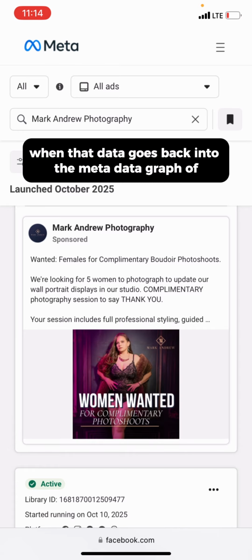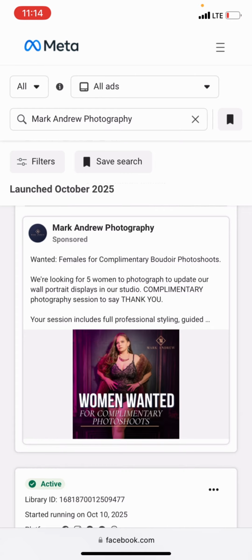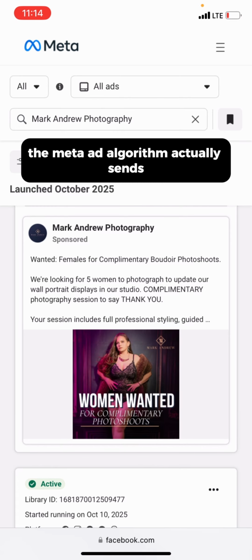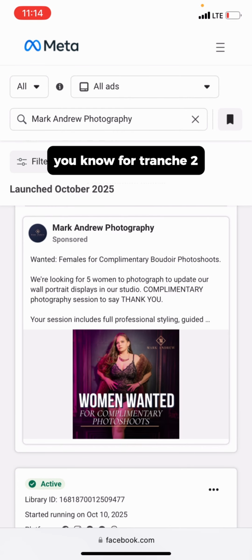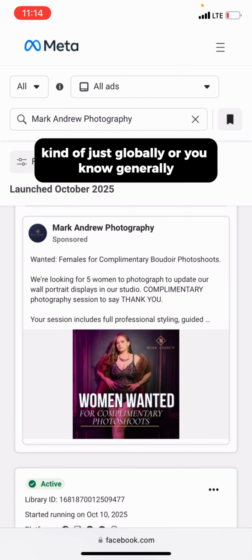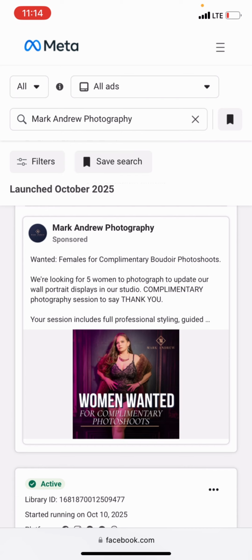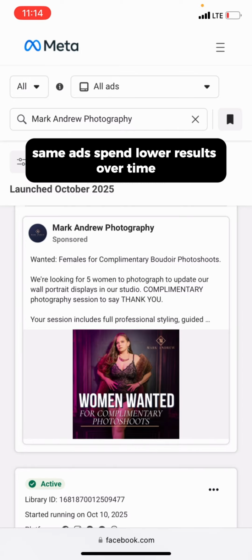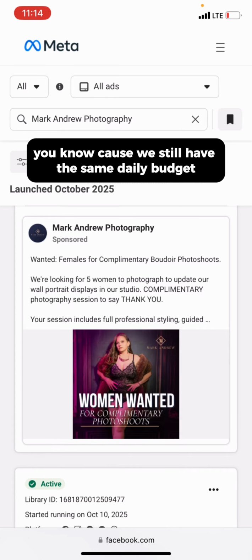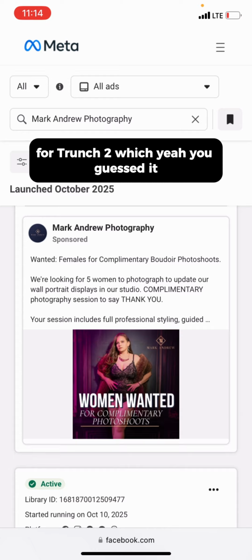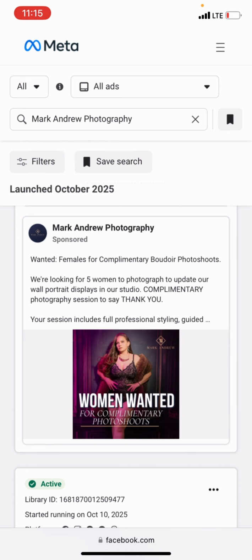when that data goes back into the Meta ad algorithm from tranche one women, as a result of our low metrics and low conversion data, the Meta ad algorithm sends our ad for tranche two to lower quality Meta profiles who have a lower conversion rate, kind of globally or generally, which results in the same ad spend for tranche two but lower results over time, because we still have the same daily budget. We just get less and less results for tranche two, which, you guessed it, goes back